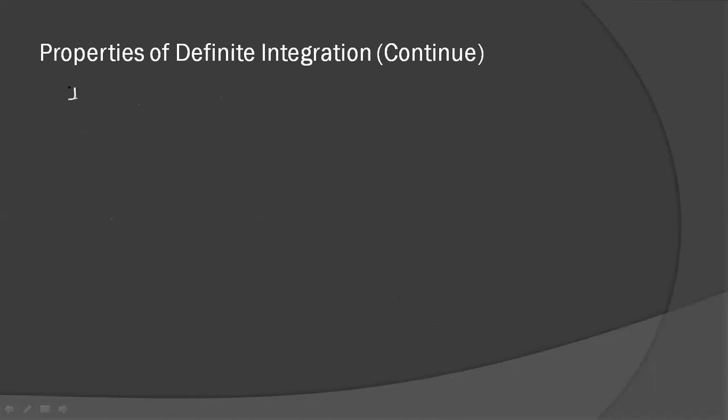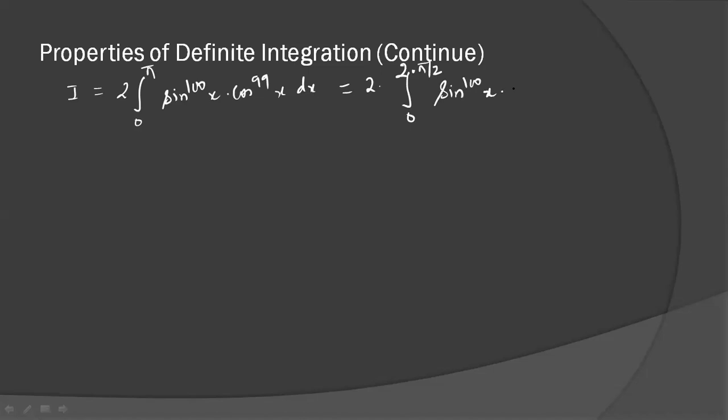Now we have the integration as 2 times 0 to pi of sine to the power 100x cos to the power 99x. Now at pi it is going to be 0, at 0 it is going to be 0. So the value is going to be 0 at both the upper and lower limits. So again we can break this limit. Call it 0 to 2 into pi by 2. It is in the form of 2a. Now your a is pi by 2, with sine 100x cos 99x dx.